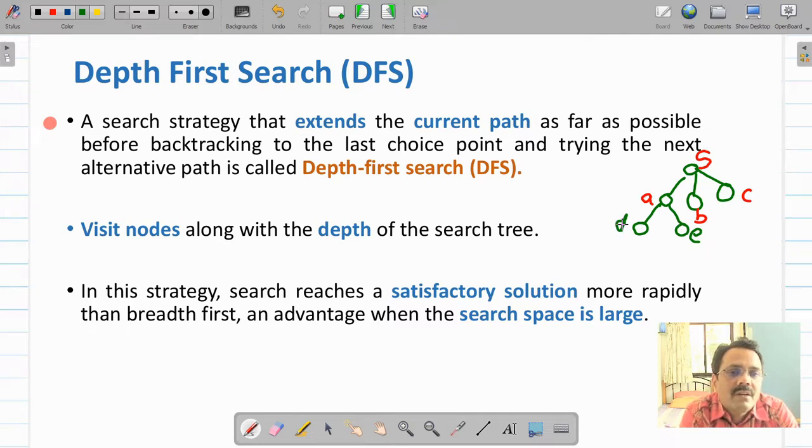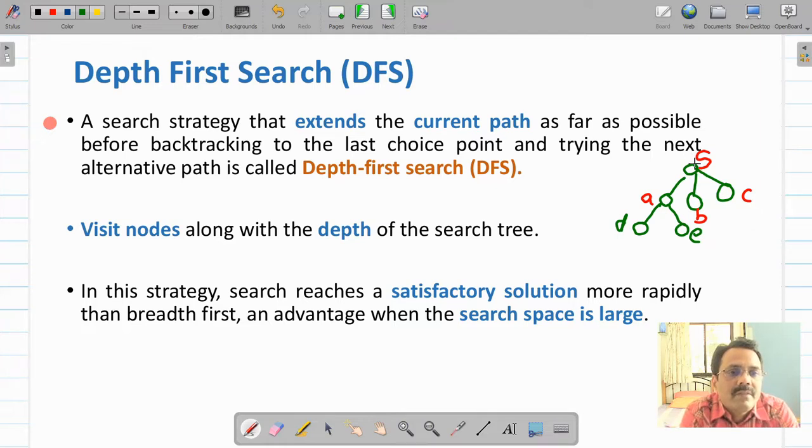If no, again further D will be explored, and after that it will backtrack, and then it will visit E. Then again it will backtrack, it will visit B. Again if B is not a goal, B will be explored further. In this way it will traverse the whole tree.